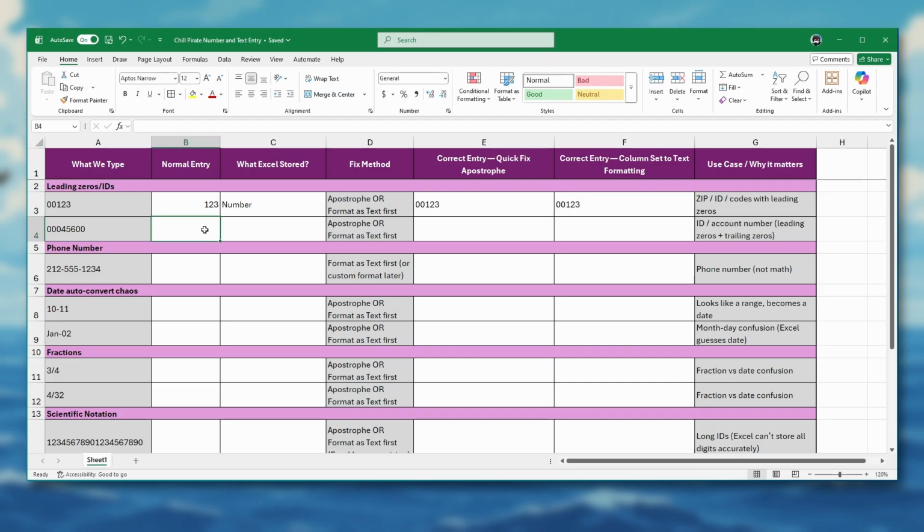I'm going to do this next one. It's the same thing. Like this could be an account number or just a longer ID, and it has zeros at the beginning, 000-45600. And you see it changed it to 45,600, and again stored it up there. It's very similar to what we just did. So it stored it as a number, and I'm going to do the same change again just so you can see it one more time. Apostrophe